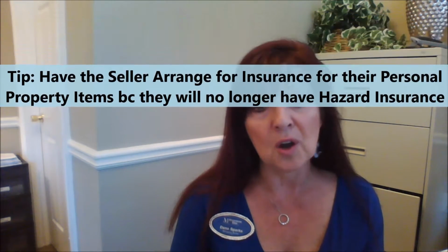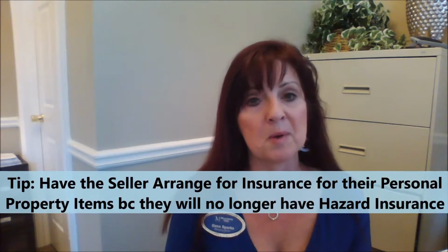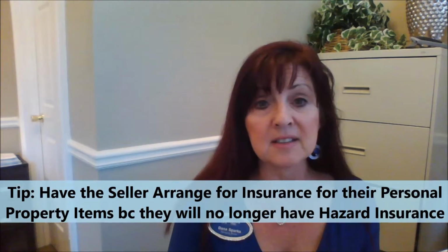Number one, if the seller is going to stay in the property after closing, please have the seller check with their hazard insurance company, because they will no longer have homeowners insurance on that property. So somehow that seller, that person staying in the property after they no longer own it, might want to consider having some sort of insurance on their personal possessions. Number one, for them being in the house,